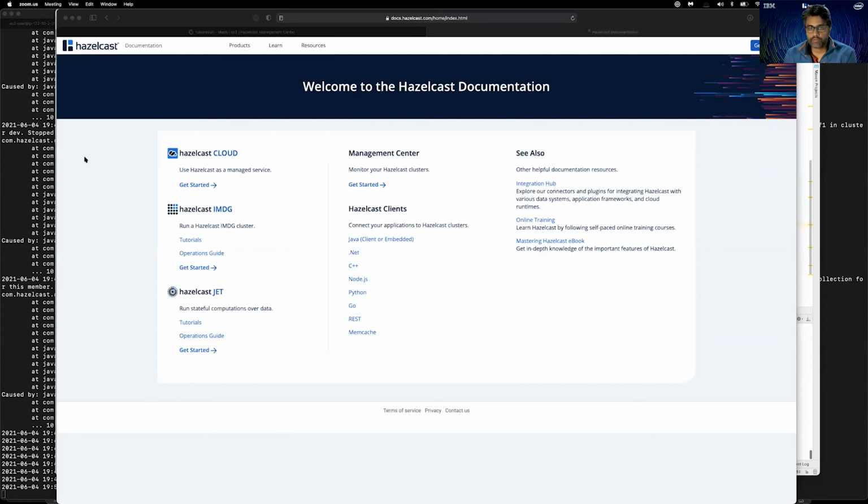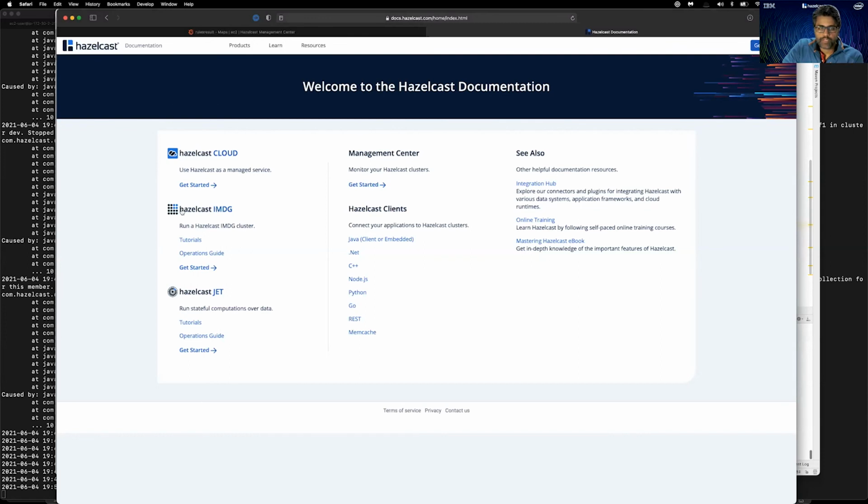Then without having to change any of those components of your application stack, no need to change the database, no need to change your SQL queries, just start a Hazelcast cluster, make a couple of configuration changes, and you will be able to continue to use the same SQL queries, but with Hazelcast as your data store, which basically means getting the benefit of in-memory speeds. So all those things will make using Hazelcast very, very easy.